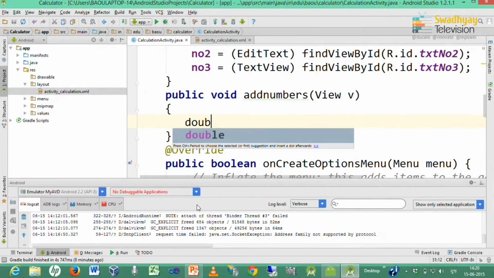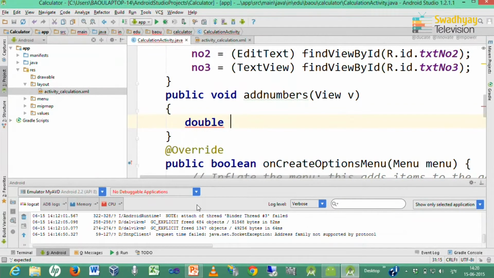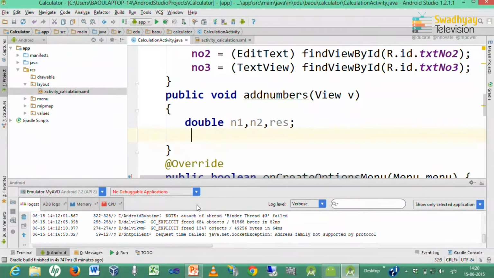So, here I write two double variables n1 and n2 that represent the numbers entered by the user.